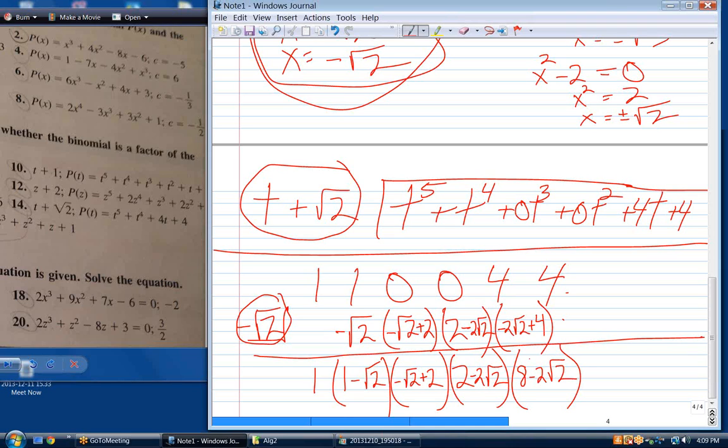Well, that was an interesting observation. I don't know that we want to convert it yet. Let's go ahead and do this last multiplication here. So we get minus 8 root 2 plus 4. Do the last addition. It's not equal to 0, right? So t plus root 2 is not a factor of that